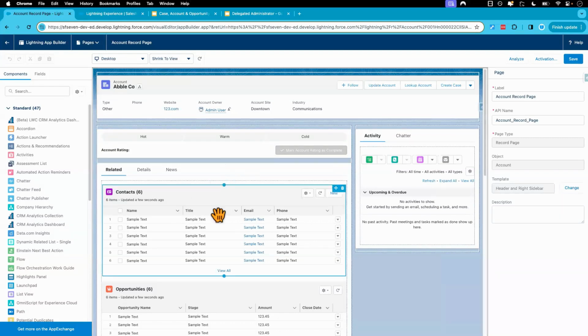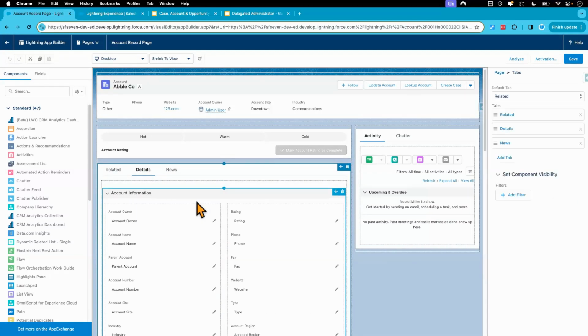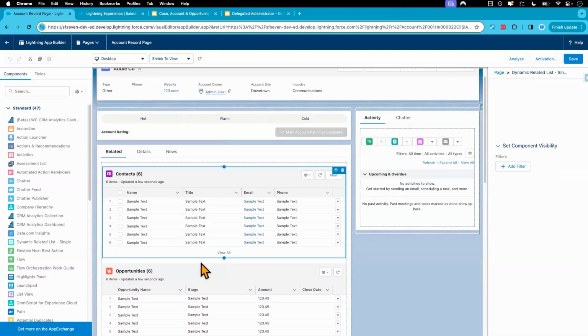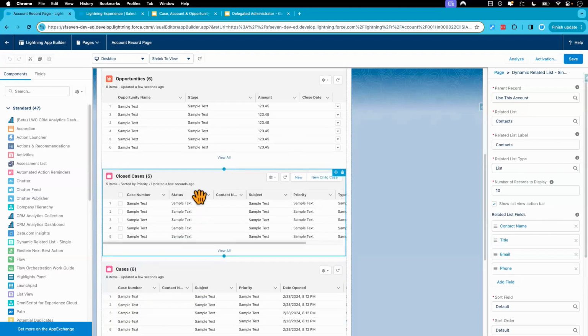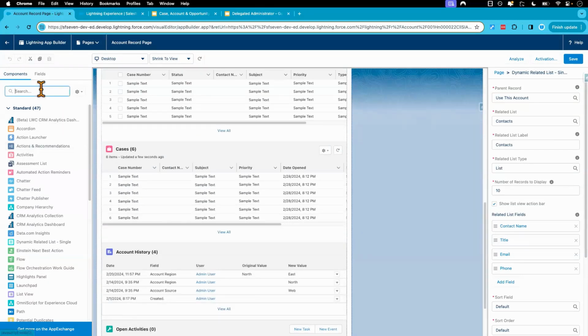In this particular case, I'm using a Lightning page and also dynamic forms for this account object. I have enabled dynamic forms and all my related list items are dynamic related lists except for a few ones. And then from here, what I will do is